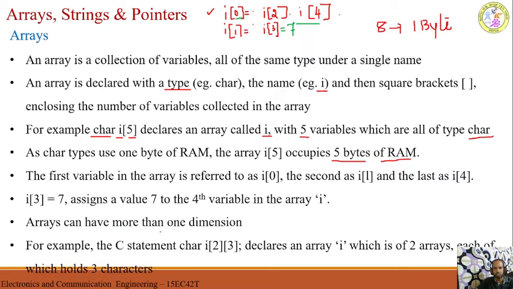An array can have more than one dimension. So this is called a one dimension array, because only one index is there. But in general, it can have more than one dimension. For example, the C statement char I of 2, 3 declares an array I, which is of 2 arrays,